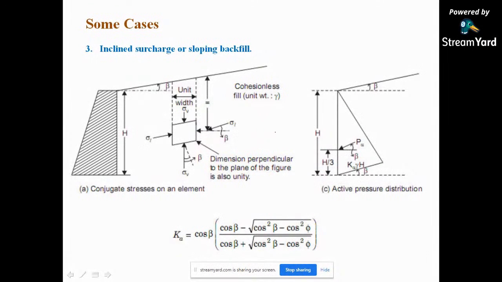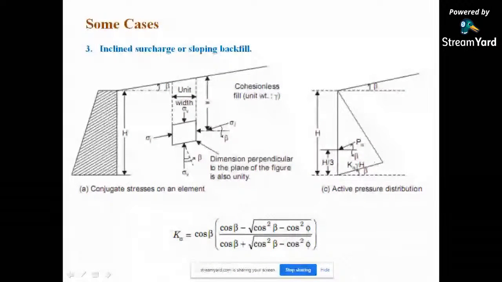So next is your inclined surcharge or sloping backfill. When this is the condition, what will happen? You have to take small element. जब आप small element लेते हैं, ये आपका टोटल H है, आपका जो पी ए कंसिडर हो रहा है हॉरिजॉन्टल पे, ये बीटा डिग्री पे एंगल एक्ट कर रहा है।